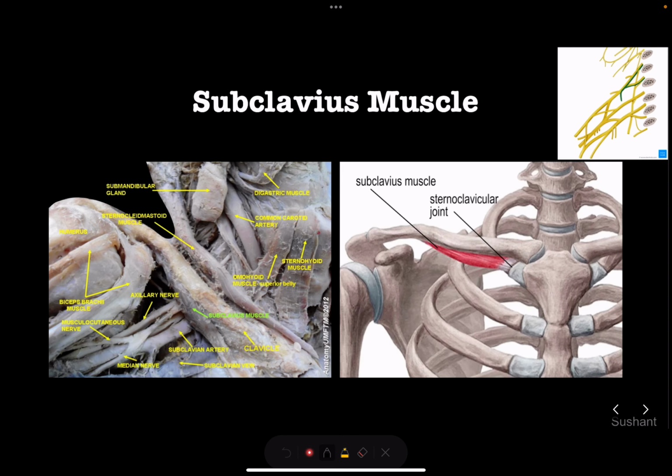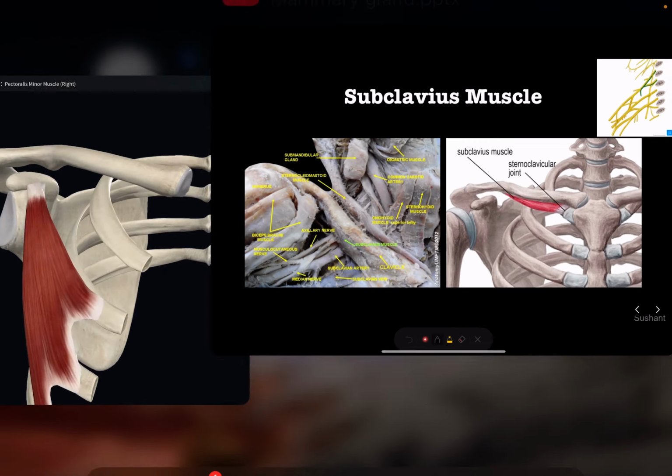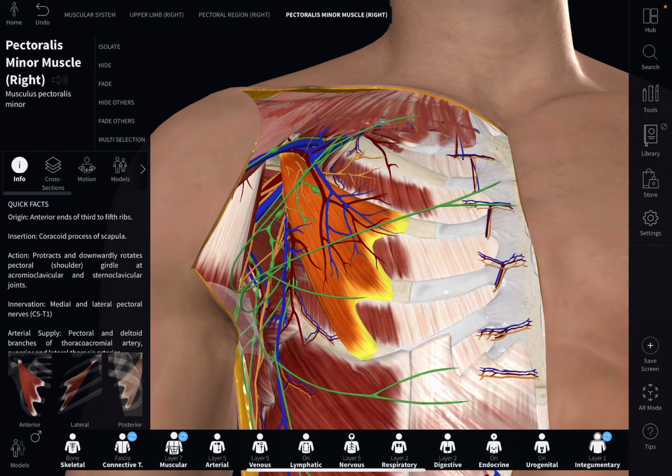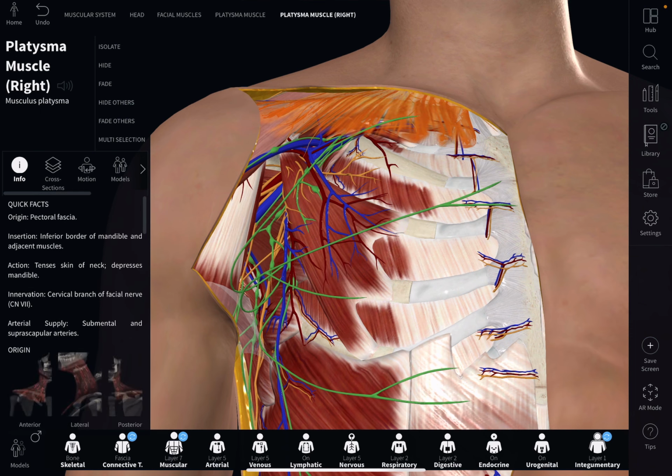Next, the third small muscle is the subclavius muscle. The subclavius muscle is a tiny muscle. This tiny muscle is triangular in shape. It takes its origin from the costochondral junction of the first rib. Let us look at this individual muscle in the atlas. So this one right here,